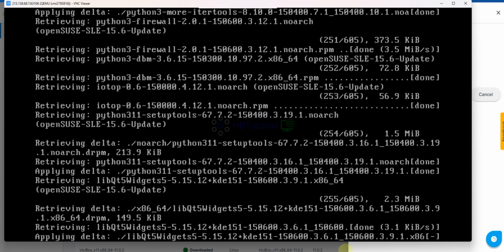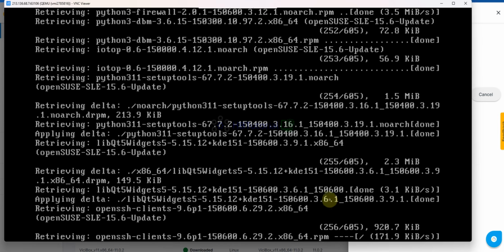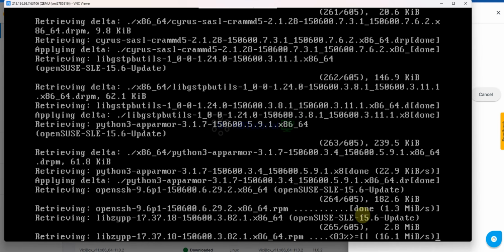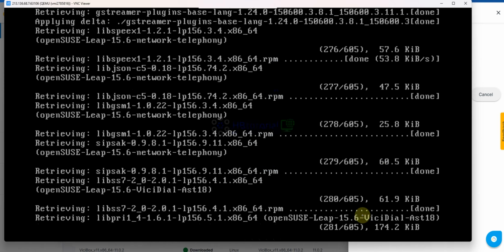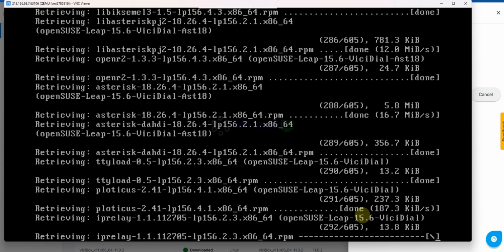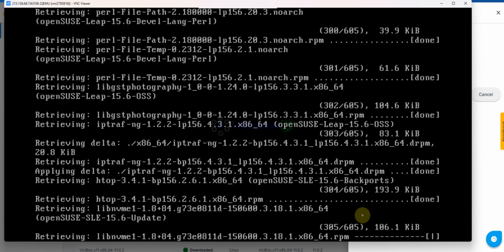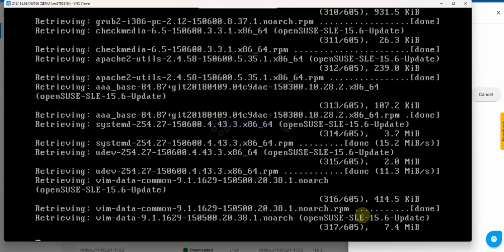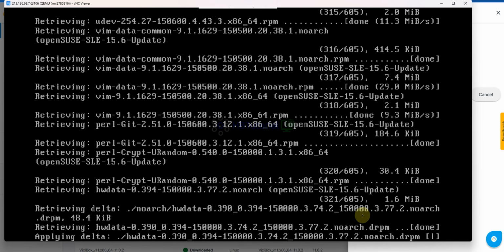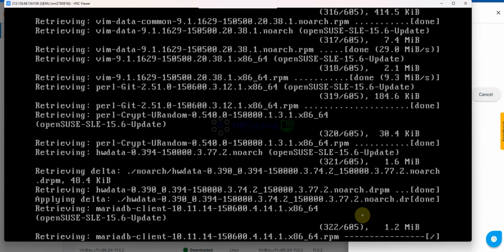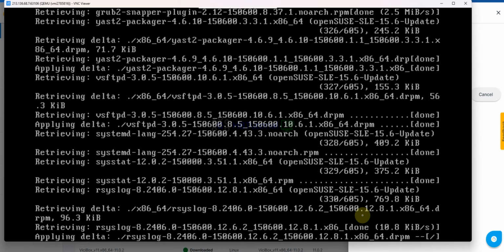As you can see, the update is 257 over 605. They will update all the repositories, applications, VitalPBX, Perl, and other needed packages.